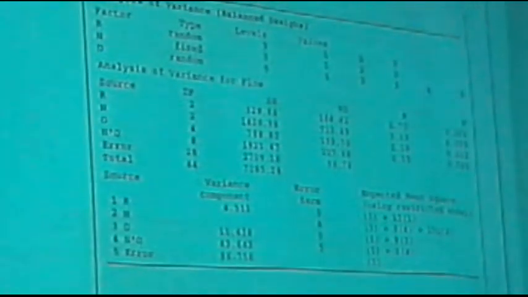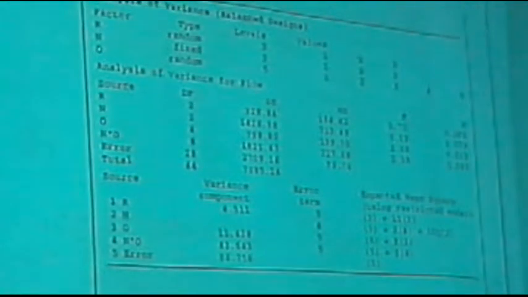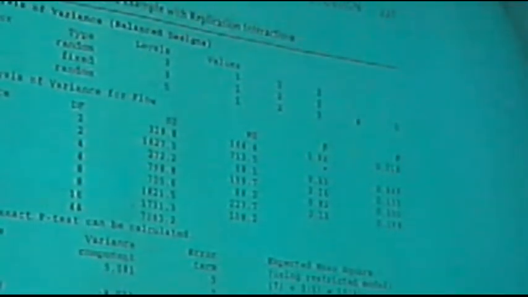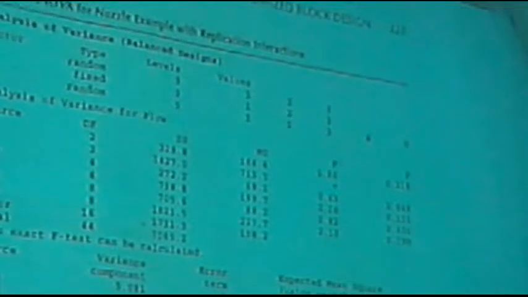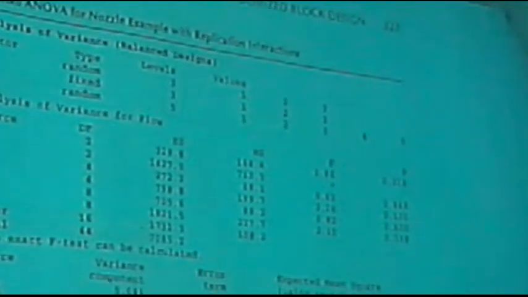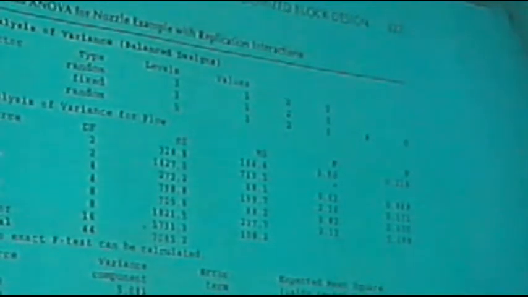Here's a plot of the means. Good idea to do that. Now, as this handout continues,